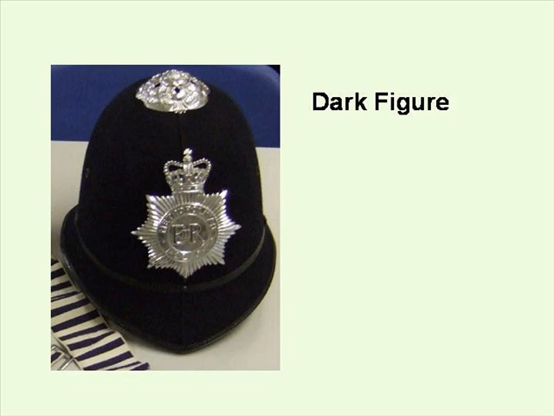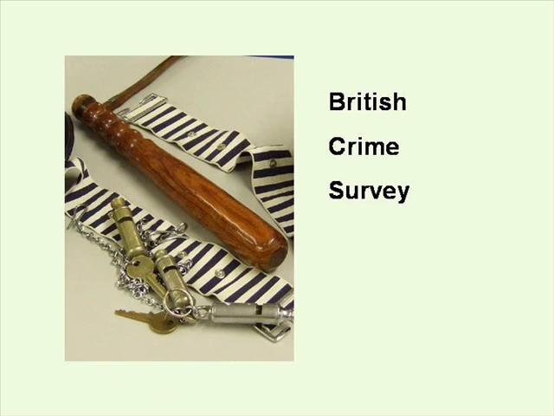It is also true that not all crime reported to the police is recorded by them. Data on offenders processed by the courts only deals with those who have been caught. The most successful criminals aren't in prison. Some of the gaps in our knowledge are filled by the British Crime Survey, which interviews a large sample of people to see if they've been victims of crime in the previous year. Figures show that in 2002, 42% of all crimes were reported to the police, and the police recorded 60% of those reported to them. On the basis of these figures, about 3/4 of crimes are not included in the crime statistics.